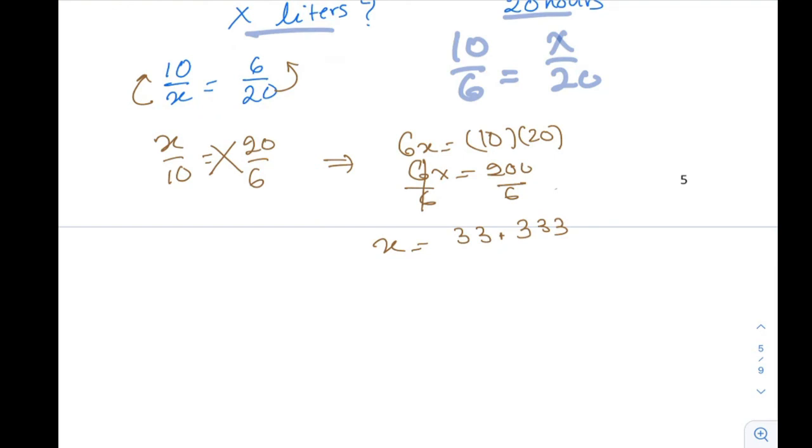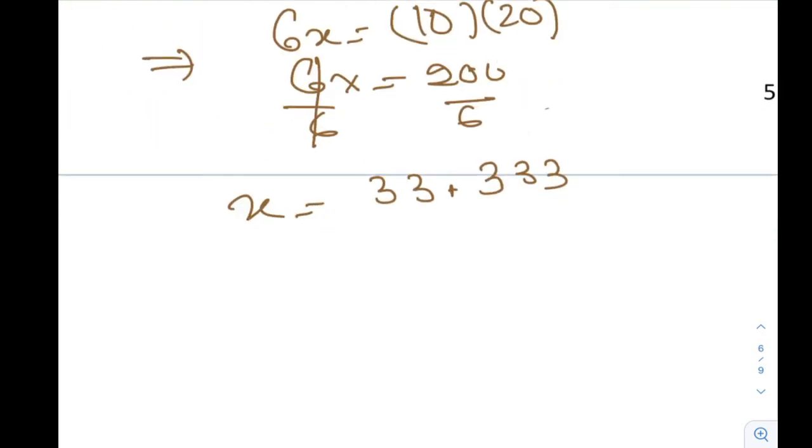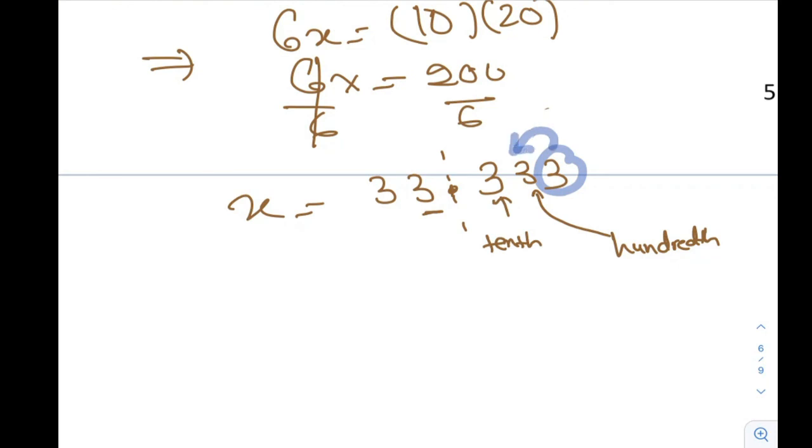Now the question can ask you to round your answer to the nearest whole number or to the nearest tenth or to the nearest hundredth or whatever. Now let's find out the way to do that. We know that this is our whole number, and then this is called the tenths, and this is called the hundredths. If you want to round to the nearest hundredth, then you have to look to the right of this digit. If it is 5 or more, then it gives the hundredth 1. If not, keep it as it is. So since 3 is less than 5, then our x rounded, it's not required, but I'm just practicing it with you,